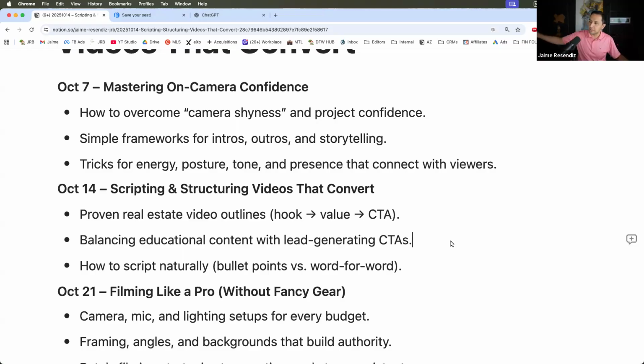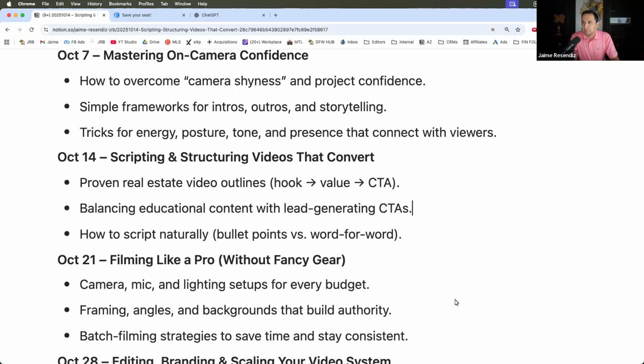But if you go to the other extreme where you're sell, sell, sell, "Hey, use me, I'm the best real estate agent. If you're looking to buy, call me. If you're looking to sell, call me. If you're looking for X, Y, and Z, call me. If your parents die and there's probate, call me." If you're going into the extreme salesy, understand that that's also not going to work. So finding that balance between a call to action and the topic that is relevant to your audience, that's what we're discussing today, and I'm going to show you how to do that.